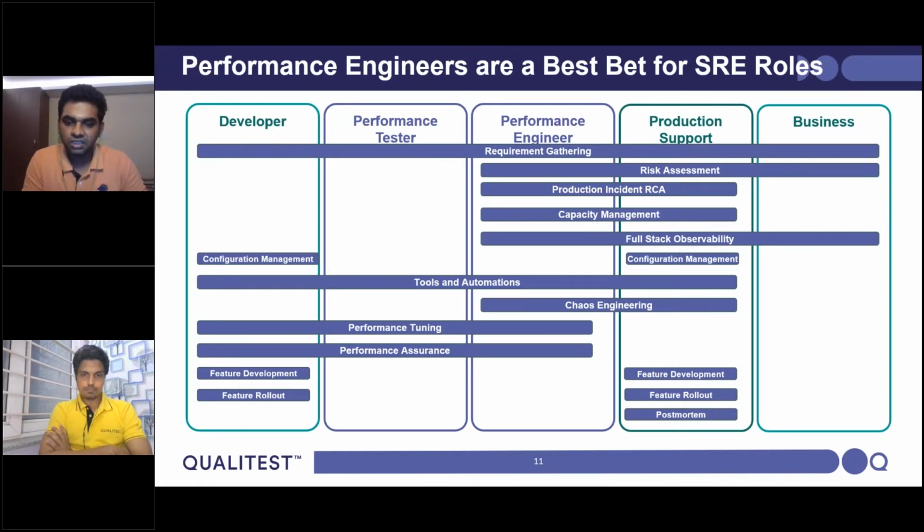So apart from config management, development, incident response, and postmortem of root cause, these are activities that performance engineers don't fully own. They support these activities in defect triage and root cause analysis, definitely, but they don't own them. But apart from that, if you look at all the other sets of activities, they are involved on a day-to-day basis.